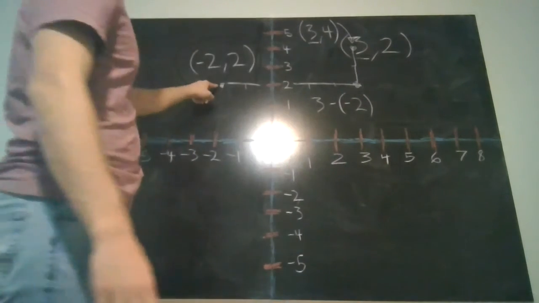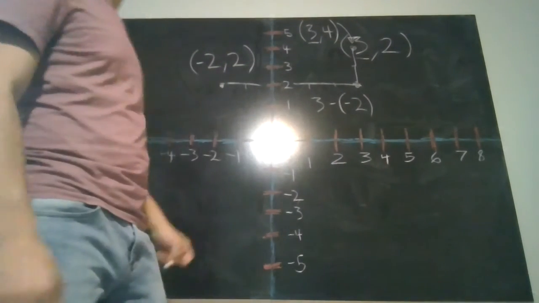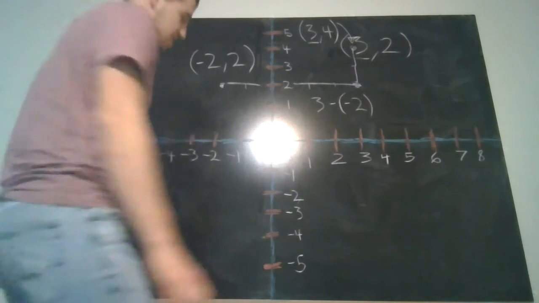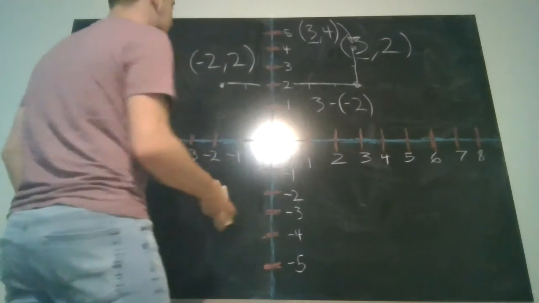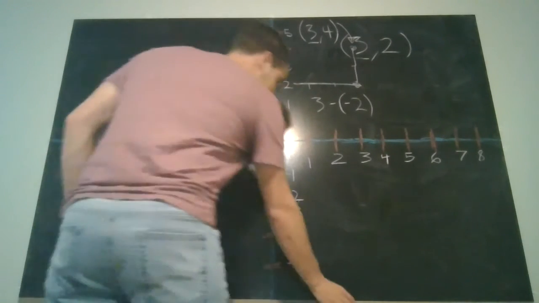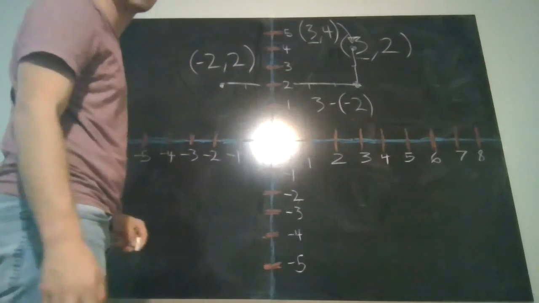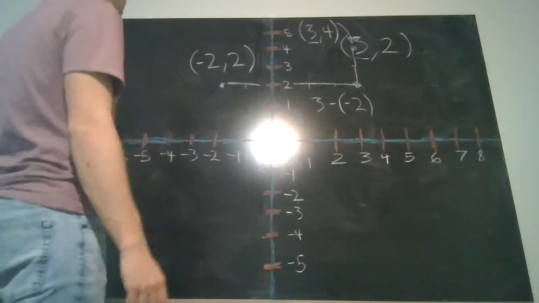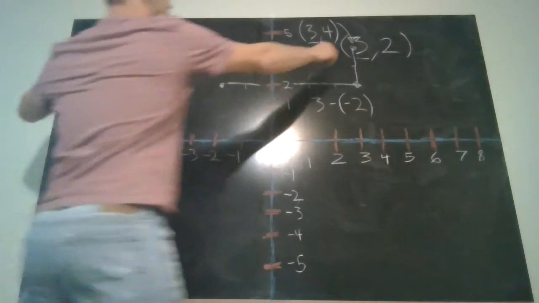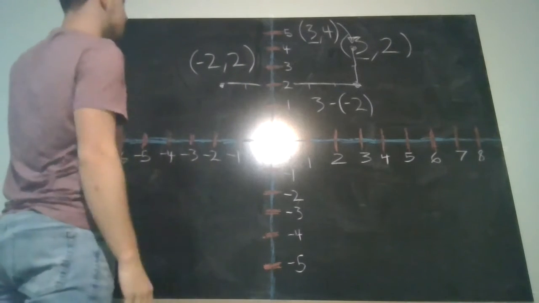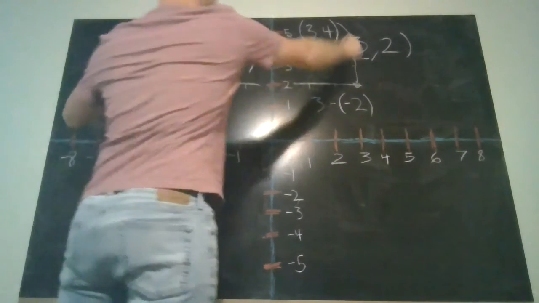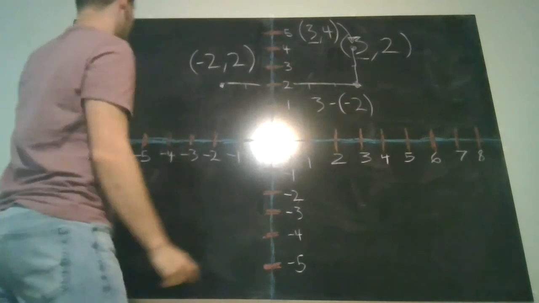I'll tell you the distance between that one and that one. Actually, I might as well just do it now. I can explain more in depth later, but the way you're going to do that, if you remember square numbers and square roots, for the difference between (3, 4) and (-2, 2), is you want to take this distance and that distance first. So we have